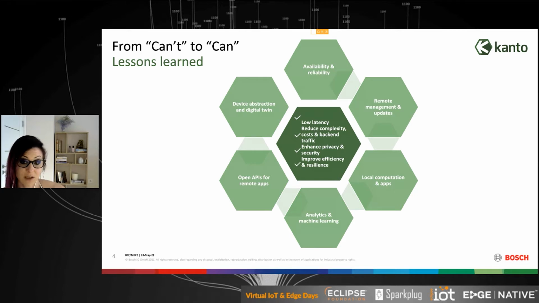And also to enable analytics and machine learning, which the data is there for, you have to be able to scale these applications to make sure that you have an environment for them that will keep their life cycle up and running. And of course, you have to ensure open APIs for the remote applications, which would be running somewhere remotely. In the end, you cannot encapsulate everything fully at the edge.